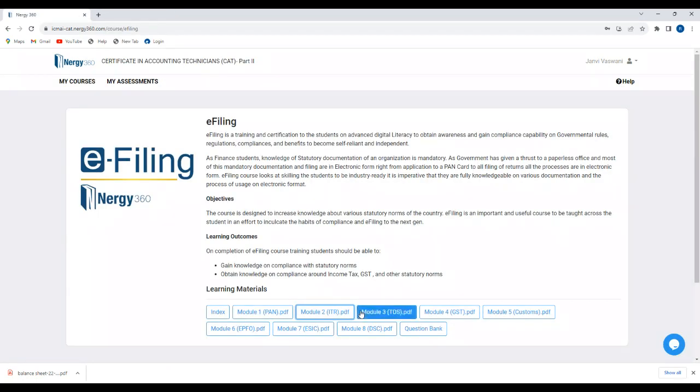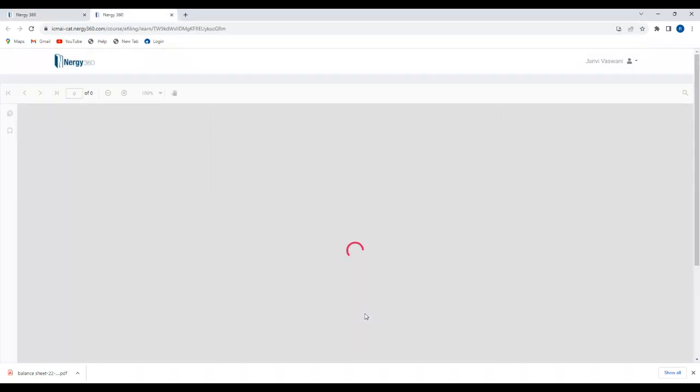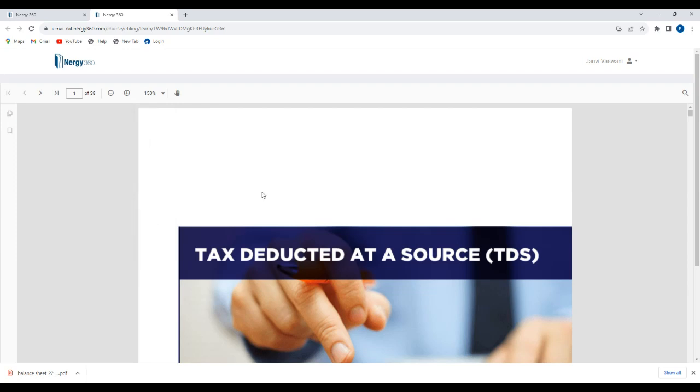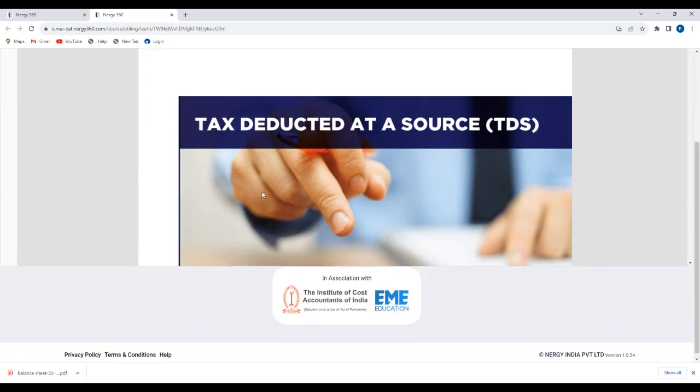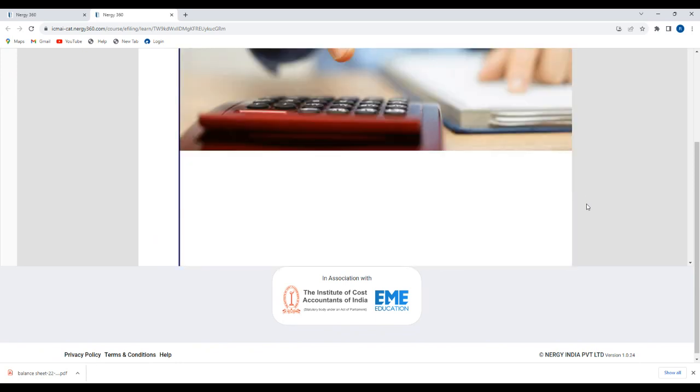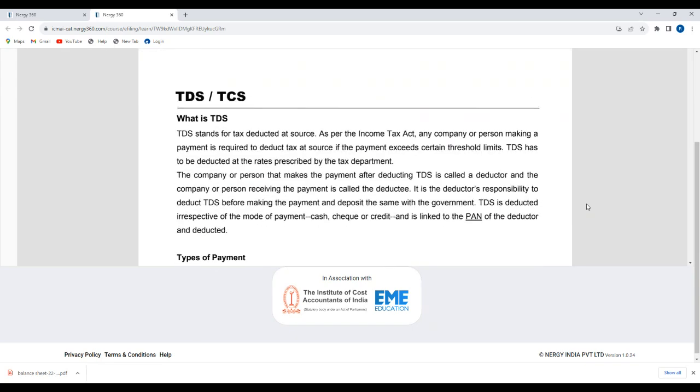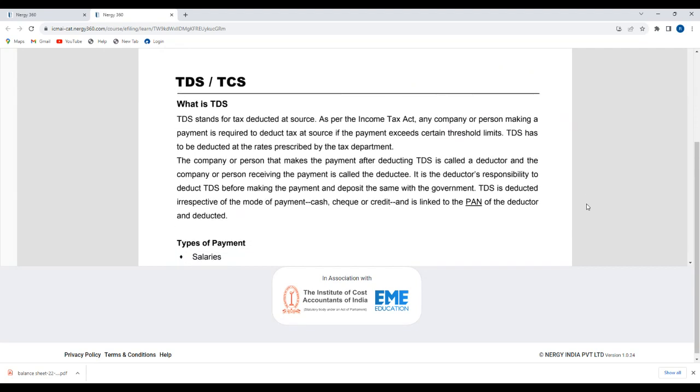We'll move on to TDS, the next module. What is tax deducted at source? We discussed in detail. We had a detailed discussion earlier. You remember who is required to deduct tax at source? It is nothing but a payment which is deducted while